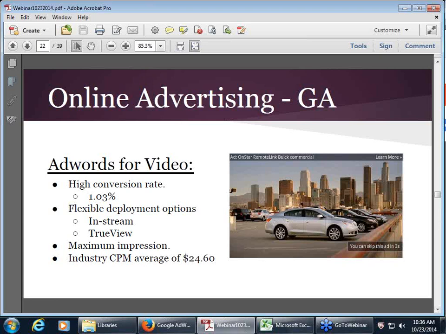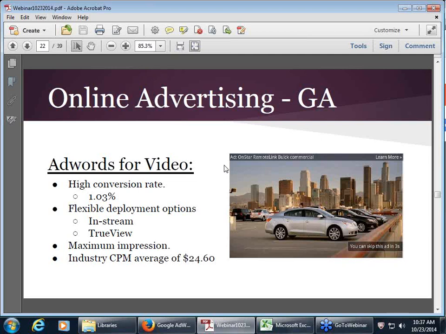In that case, if the user skips the ad, the advertiser doesn't have to pay for the fact that that user skipped to the next ad or to the video that they're looking for. So that's really helpful because you know that you're really paying for people that watched a good portion of or most of the ad that you're putting out there, and those people are genuinely interested in your product or service. And they garner a high fee for that.